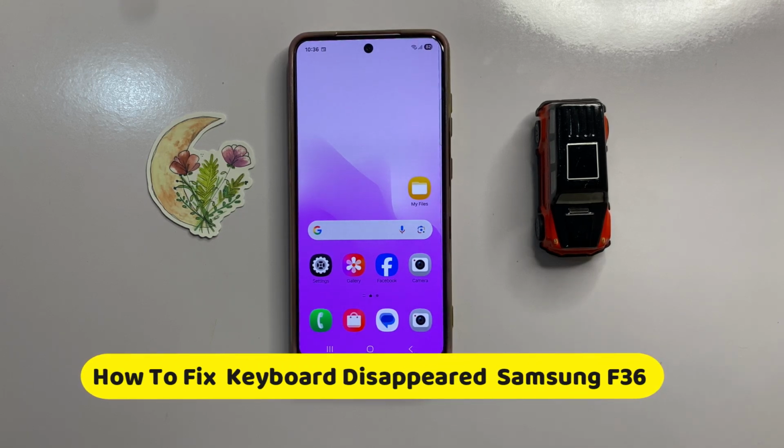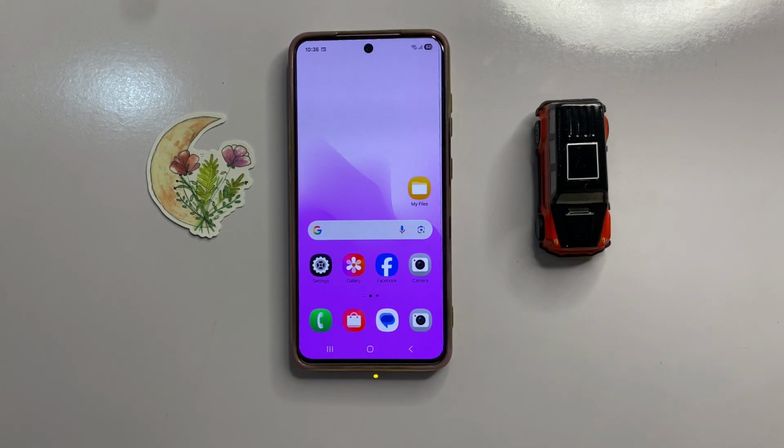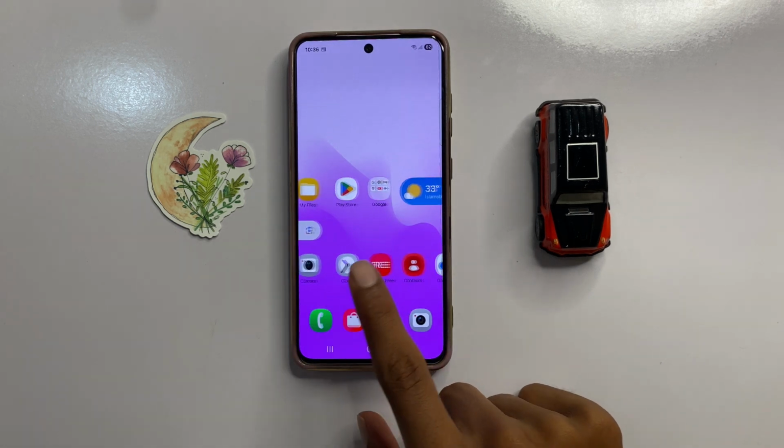How to fix keyboard disappeared in Samsung F36. So let's start the video. First of all,